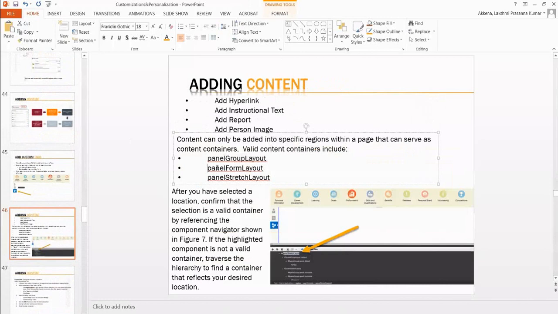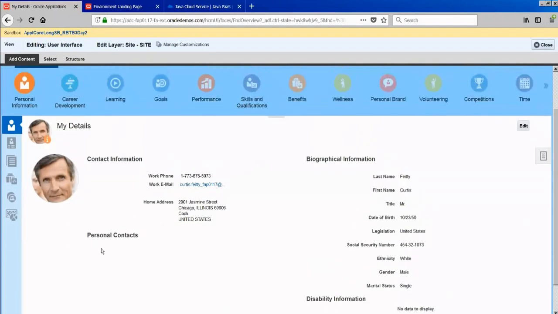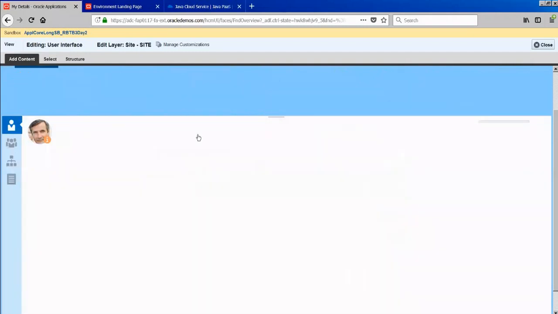If there is any page where we have panel group layout or panel form layout and panel stretch layout container, in those cases, if this page has those containers, then you will have a field called add content enabled here. Example, let us say in the performance screen, I'm not sure, the performance or goals, some screen,